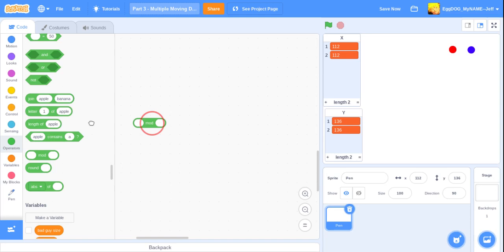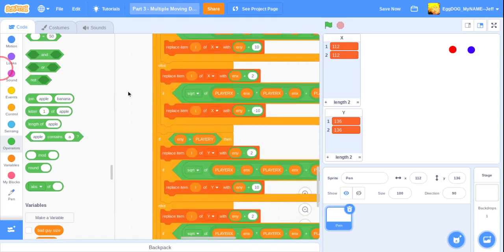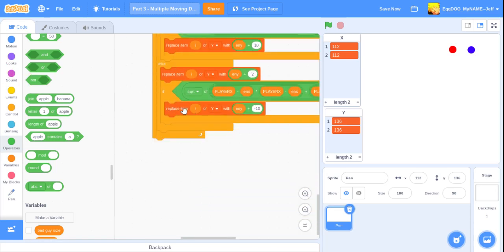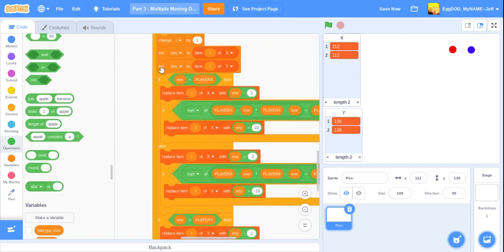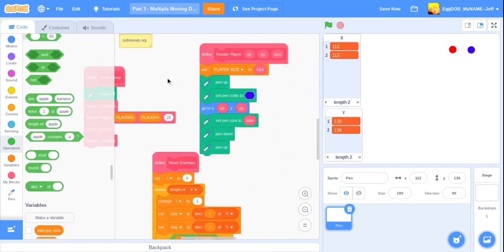However, there is a way to do it. It's been a while since I worked on this project. It's been about 13 days since I posted a video, since I even opened this project. I've been actually doing stuff on the forums, but